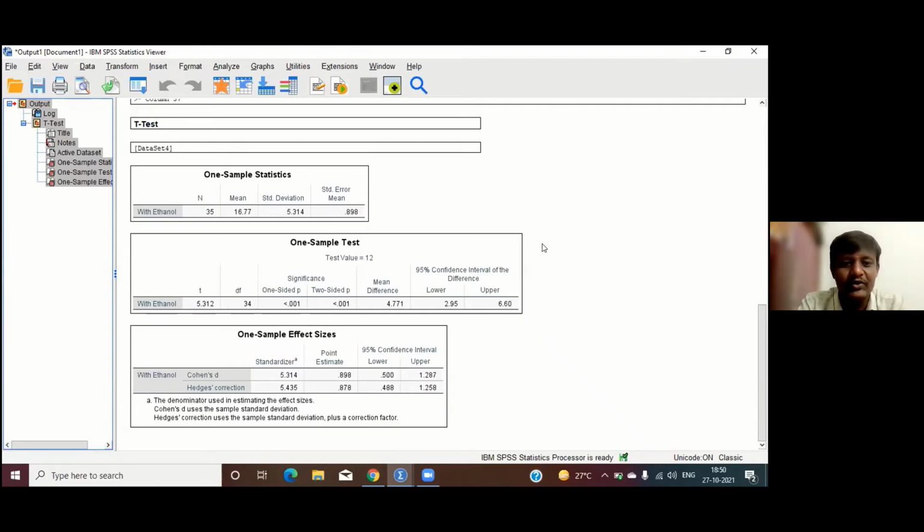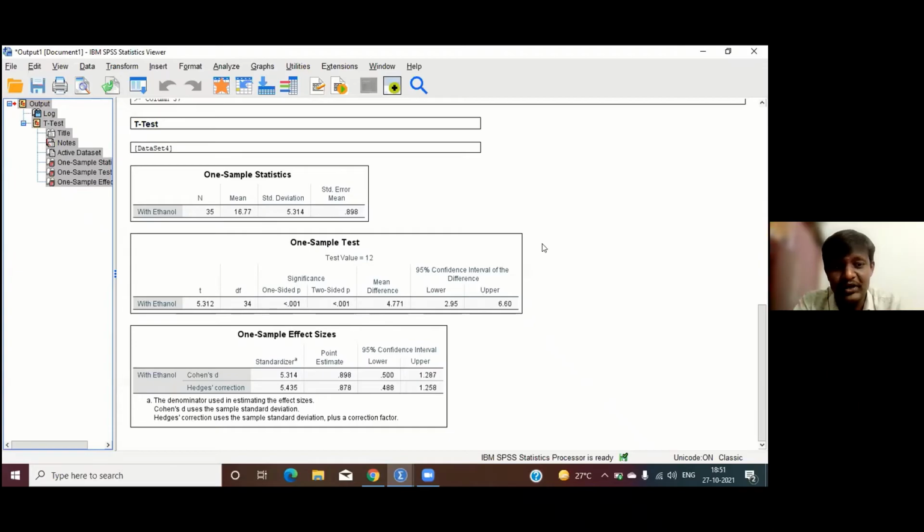So the conclusion is, when the vehicle is operated with only petrol, without adding ethanol, it gives only 12 kilometers as average mileage. Now, when ethanol is added to the petrol, the average mileage given by the vehicle is 16.77.